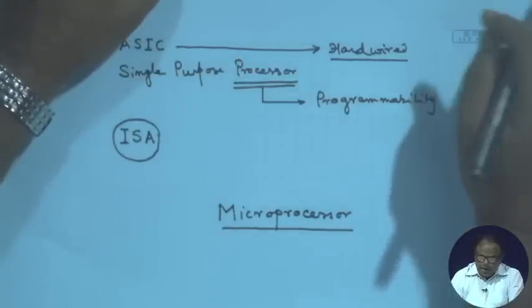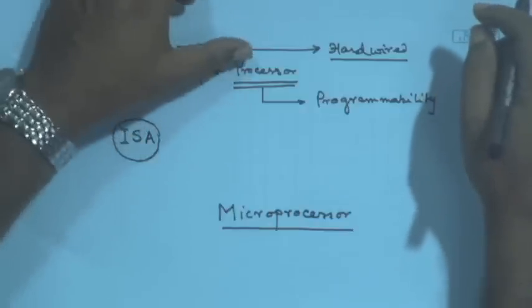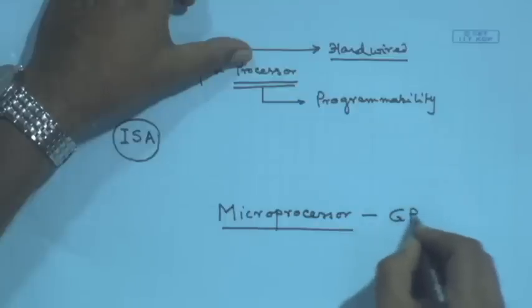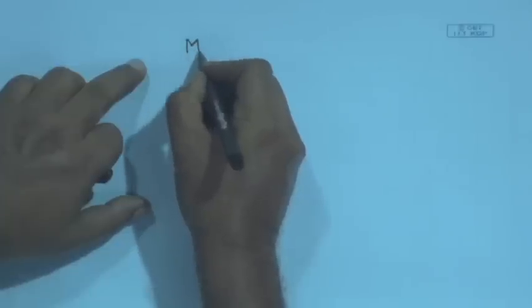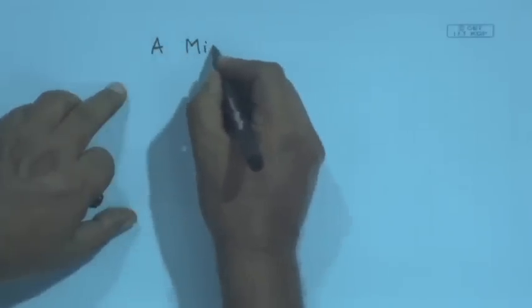Okay. A microprocessor, all of you are exposed to this. There are different varieties of microprocessor, different companies are coming up with microprocessors. Now, these microprocessors are also general purpose processors. They have got their control unit, they have got their arithmetic logic unit, they have got a relatively larger instruction set, there are ports. So, typically a microprocessor, what will it have? A hypothetical microprocessor